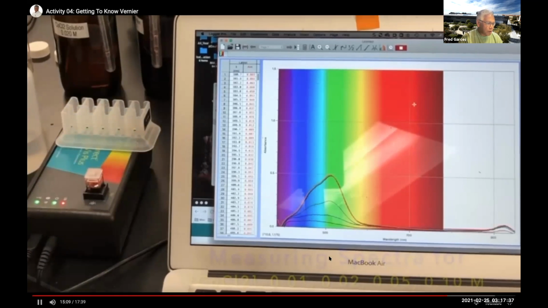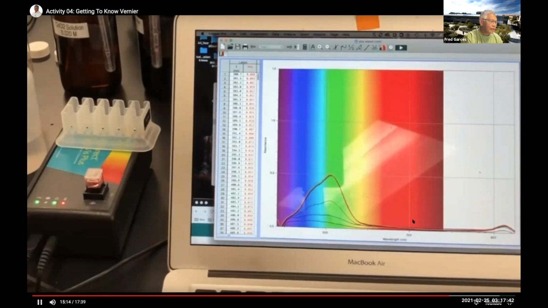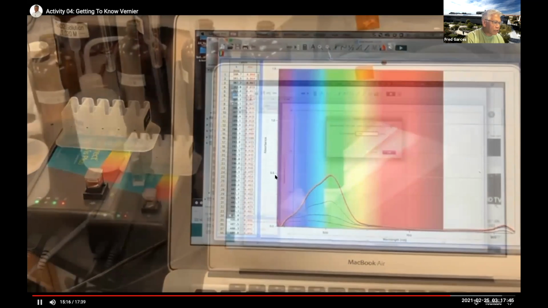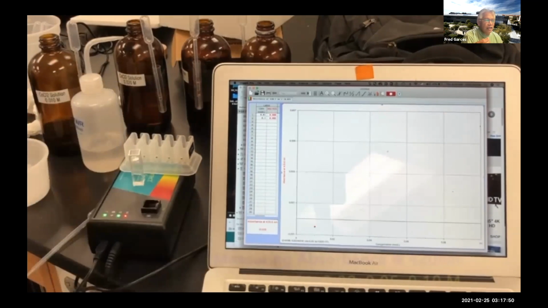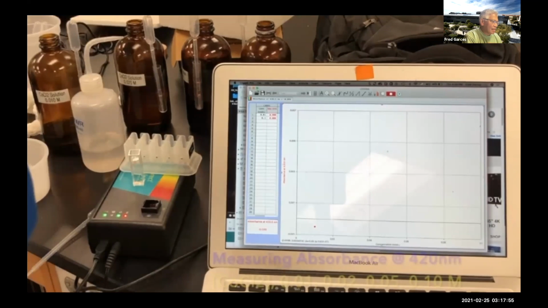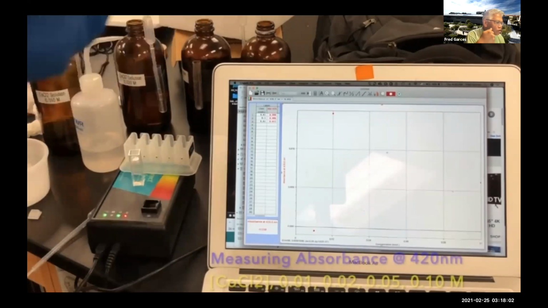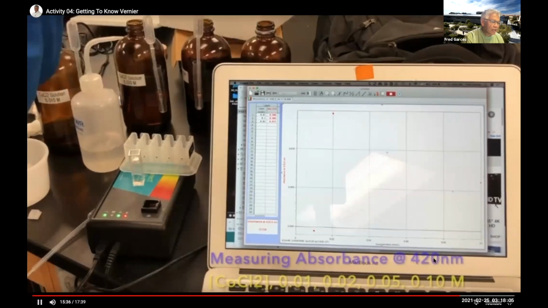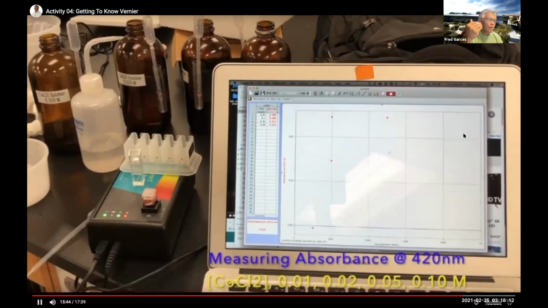And you notice there's multiple passes here. See how there's multiple lines here? It's because I'm running it multiple times. And what you want to do is you just want to take the instrument and go to a specific wavelength. So let's say it's at 380, and then just read the absorbance from that. And here I think I actually do sit at a certain wavelength. I can't see it right there because it's sort of 420. I'm sitting at 420 nanometers,